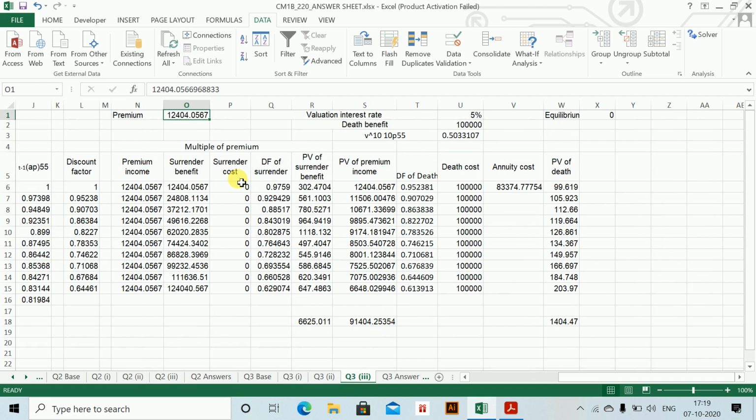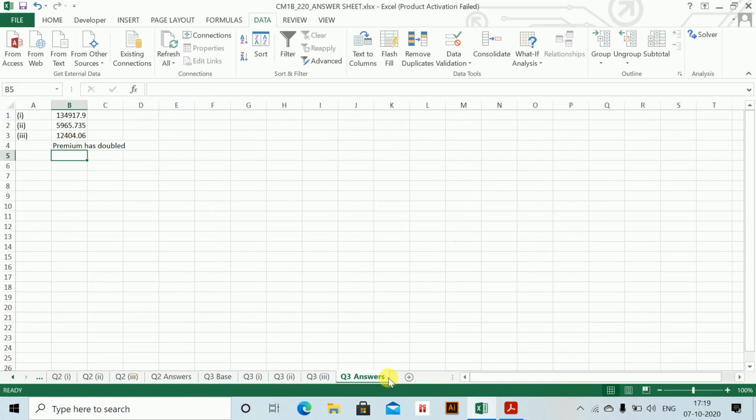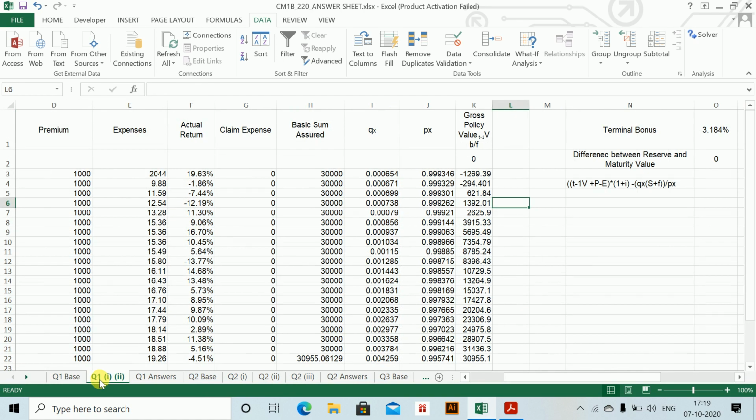Okay, so this is the only difference, and these are the answers which, to the best of my knowledge, I have got. There again I'll keep on repeating, there may be some calculation mistakes, there may be some mistakes in the formula, so do not consider this as a final answer, but yes, this is to the best of my knowledge. Thank you.